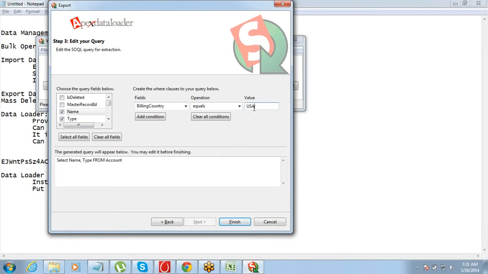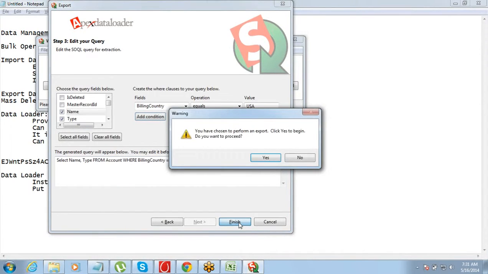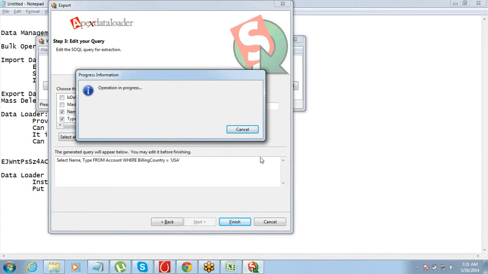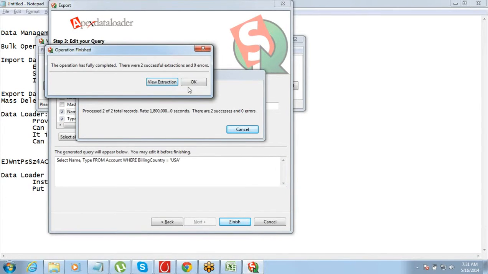So these options are available here, right? So you don't have to take the complete dump of the entire object. You can export a small part of it. You can put a query on that. You can try to export the way you want, right? And the moment you say finish, it will give you an instant download file. So it will not make you wait for the email and the link and the URL and all that stuff.